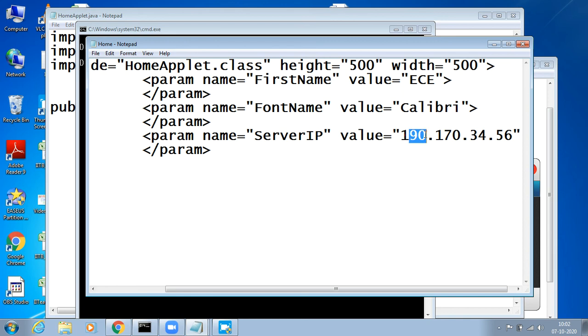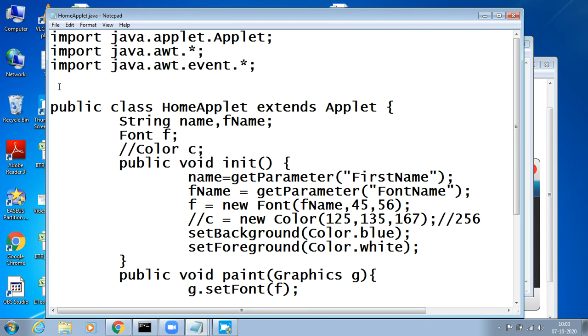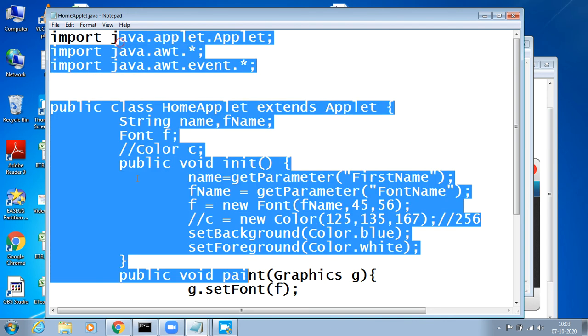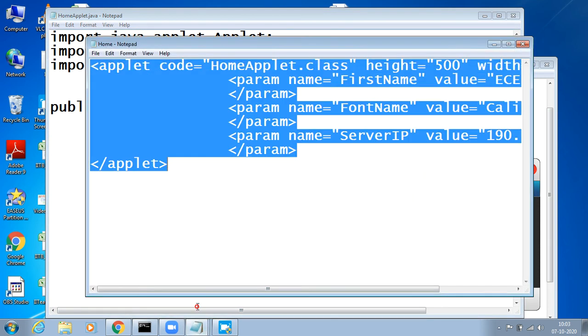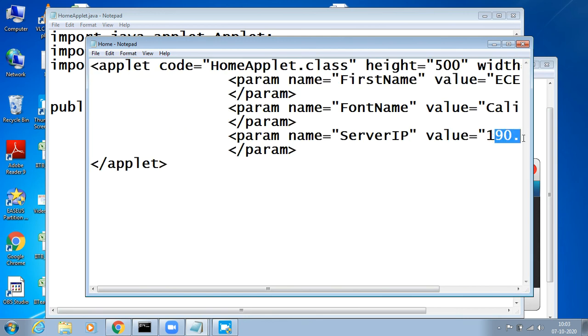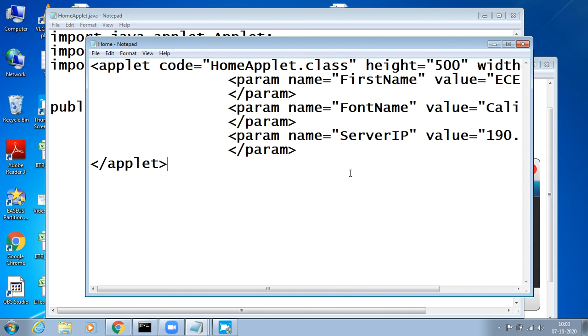Suddenly, this IP has broken down for that applet, HomeApplet.class. So if I keep the code in the applet code here, then I have to compile the program again and run the program. To avoid this, if I write it separately in an HTML file, then I can simply change the IP address. It means once we write, we can use it multiple number of times.